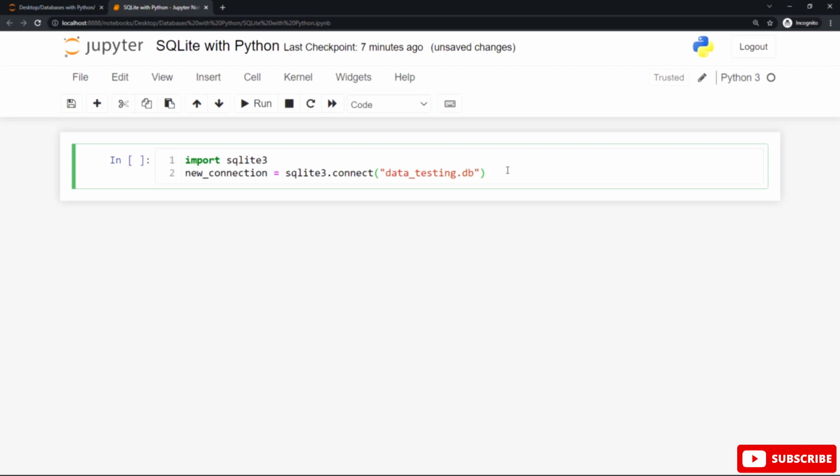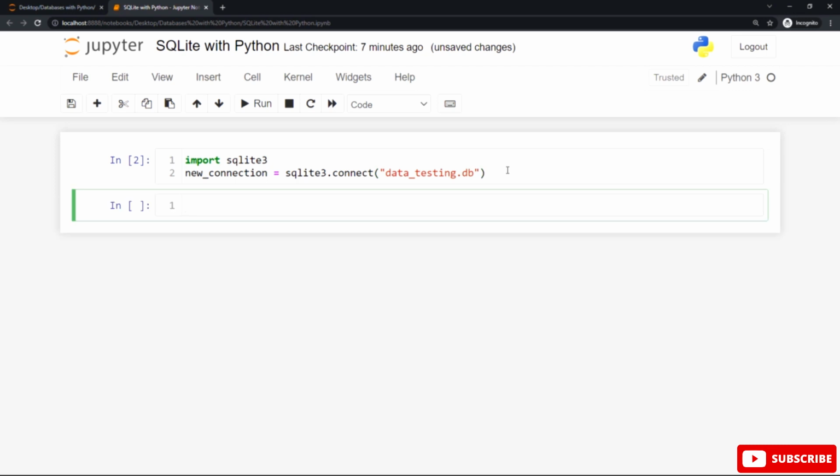As you can see, data testing followed by the extension, which is .db at the end of the database name, inside double quotes inside the round braces of the connect method from the SQLite 3.